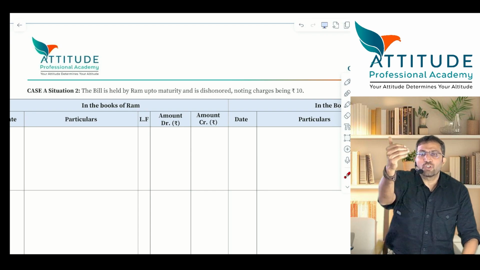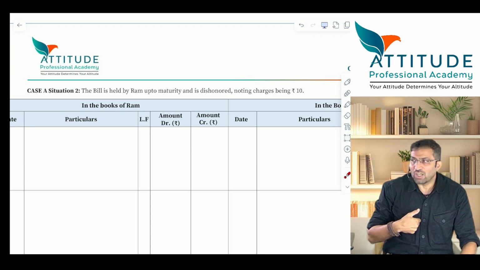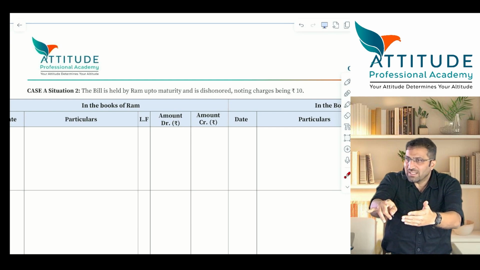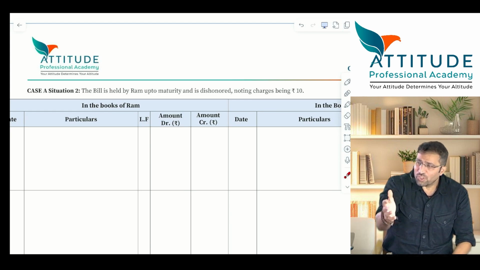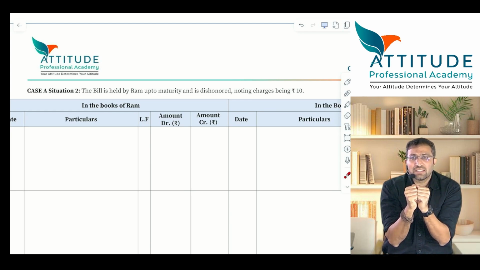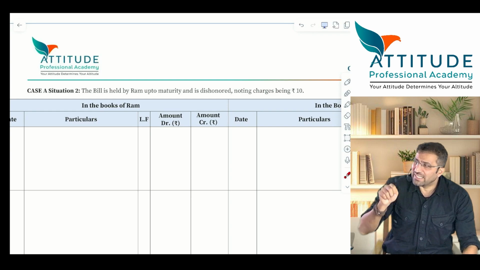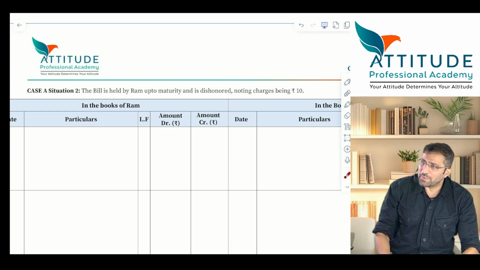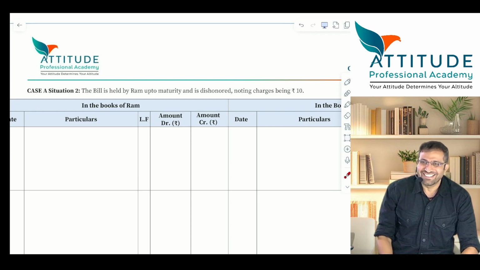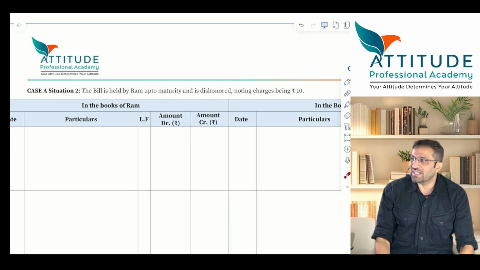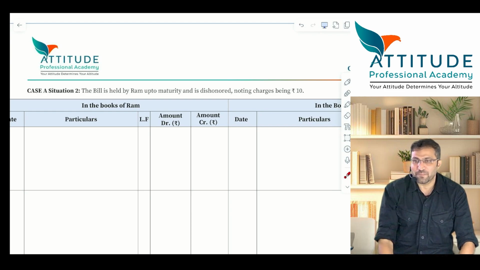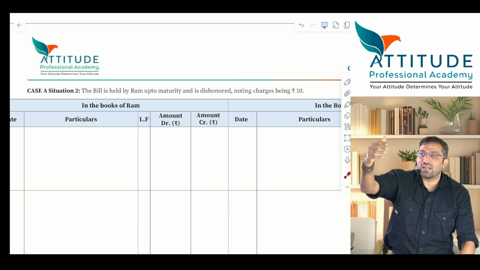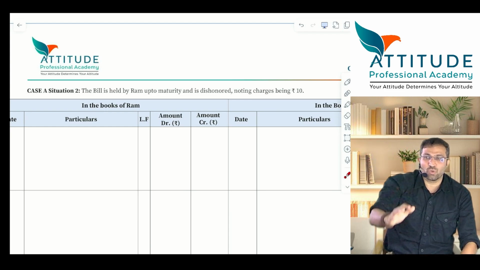Same story. You sold the goods to me on credit. You have drawn the bill. I have accepted it. I am Ravan. I have accepted it and given it back to you. You are holding it up to maturity. Now tell me, after 3 months and 3 days, I am not coming near you to make the payment. What will you do? You will come near me. You will bang my door. Say that, Mr. Ravan, please pay my money because you have promised. The bill of exchange is there with me only. Ravan says to Ram, I don't have the money. You go to hell.